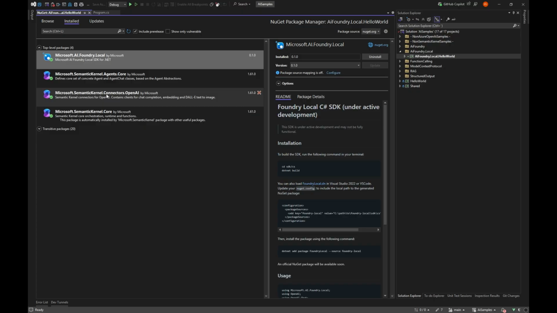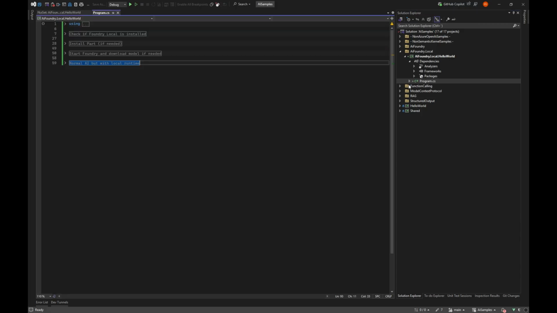And the other package we need is the Microsoft AI Foundry Local. And this is only if you want to manage these things. If you just want to have a manual setup where you run the winget install and you download the models and stuff, you don't need this either. So if you have an all up and running system, you can just run it. But in my book, it's better to use this package in order to control it, because there are some things about which ports are being used and stuff. But let's go into the code and see exactly what's going on.